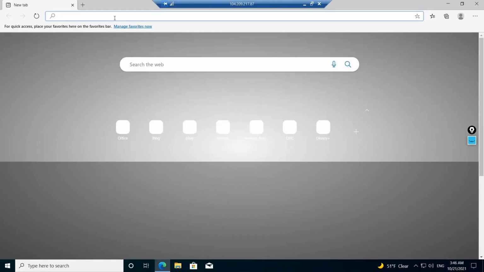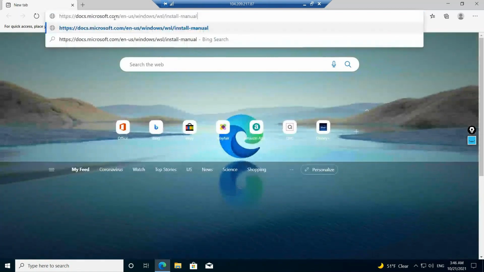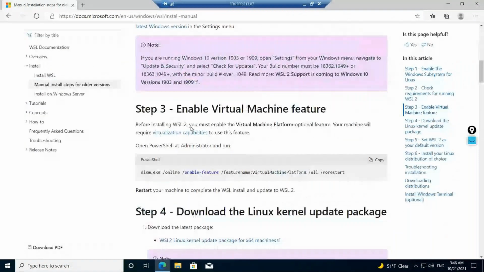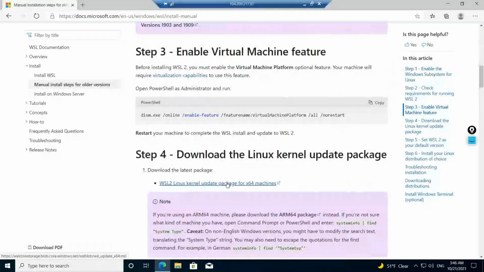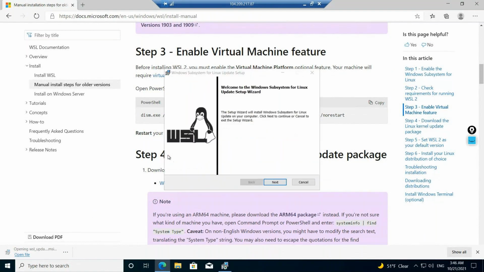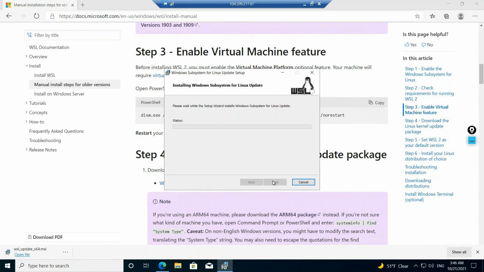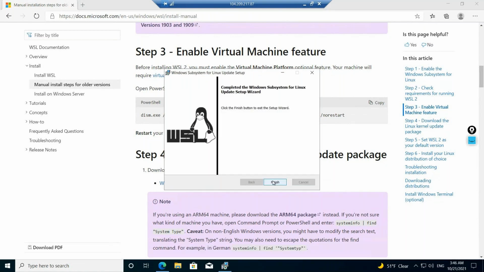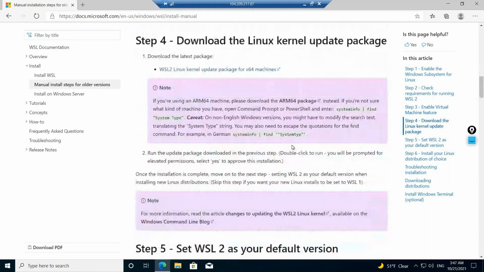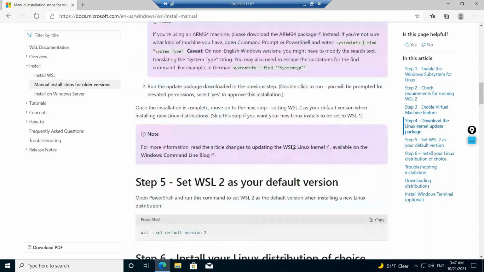Great. Let's put this into the documentation page, and I'll come down and say okay fine, these are the first two steps that I'm done with. I'll now install this package, the Linux kernel. I'll say okay fine, installing Linux on top of Windows, says finish. This is done. Secondly, coming down, I'll open my PowerShell and set WSL, meaning Windows Subsystem for Linux,